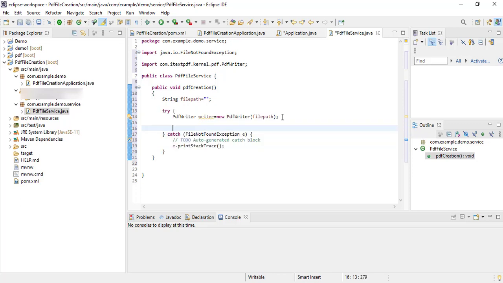After creating the writer object, I need to create the PDF document object. For this PDF document, I am going to give the writer as a parameter.